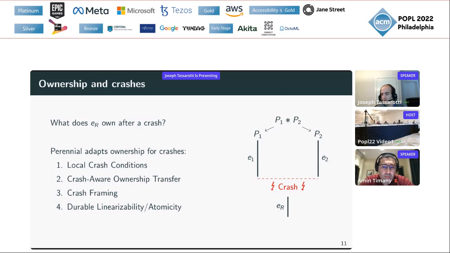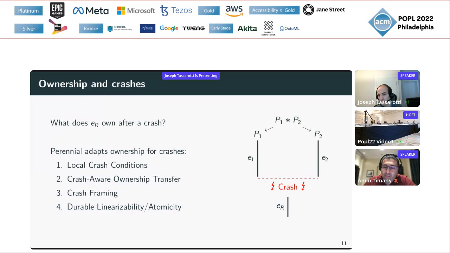What I hope to convince you of is that this is not just a mustard watch of tacking on crashes, but that the introduction of crashes to these separation logic principles actually tells us something interesting about the way we should think about crash safety in these systems.